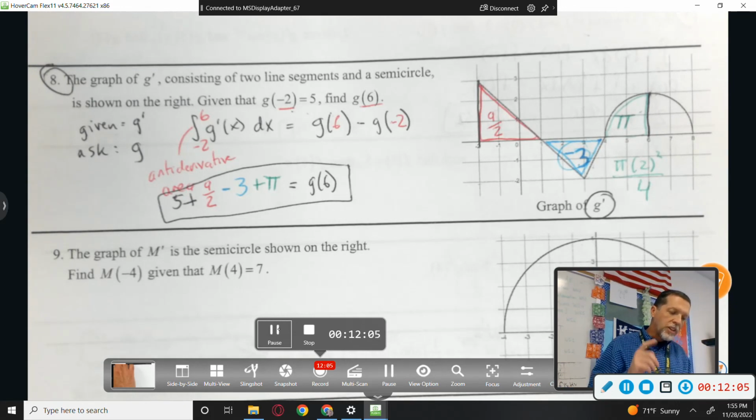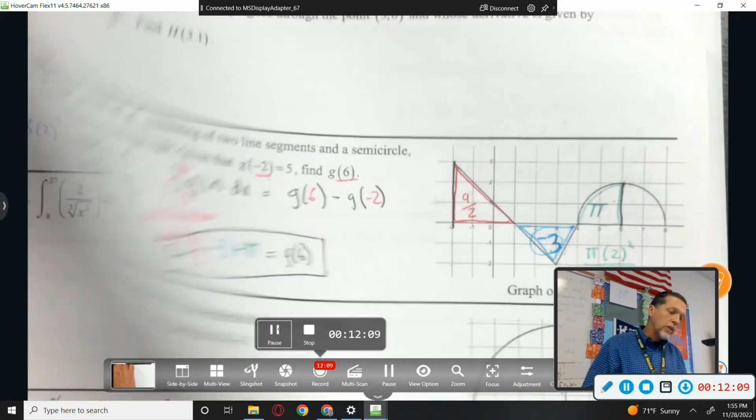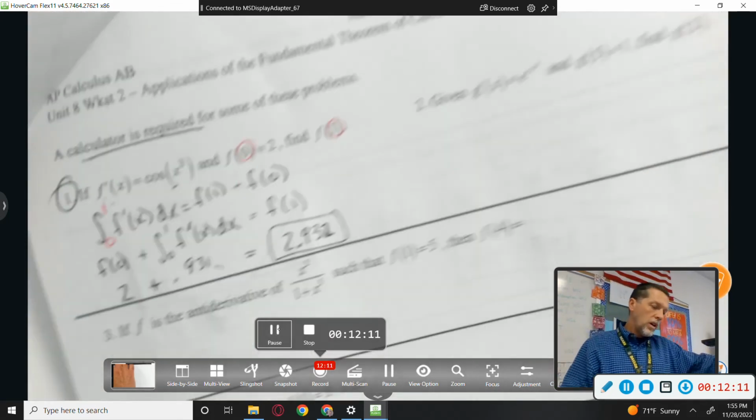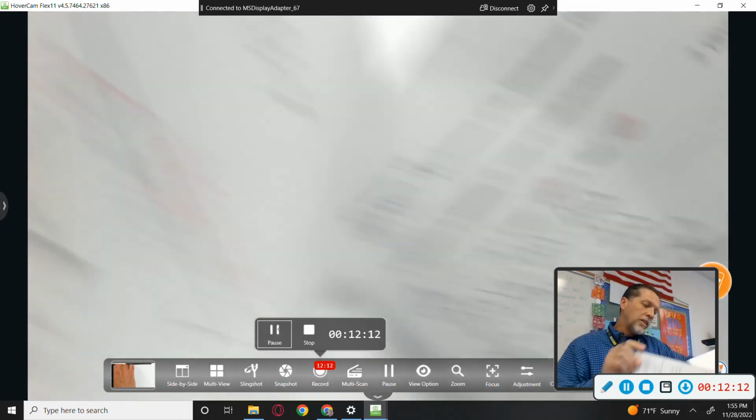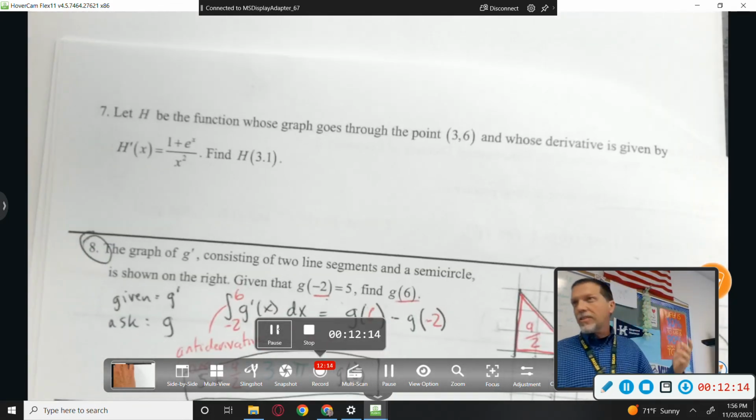Okay, so today's assignment, and I guess tomorrow's assignment as well, is worksheet 2. So work on some of it tonight. You can work on it tomorrow during class if you're not really interested in